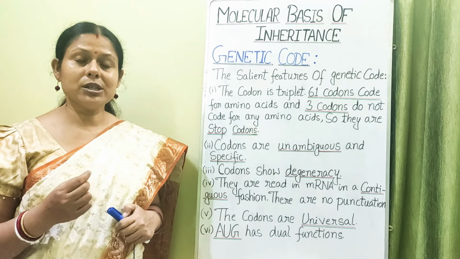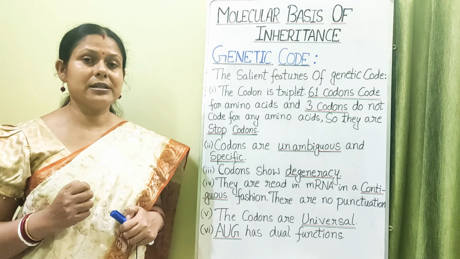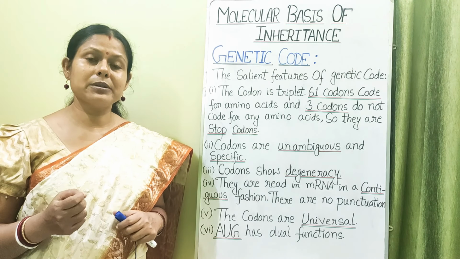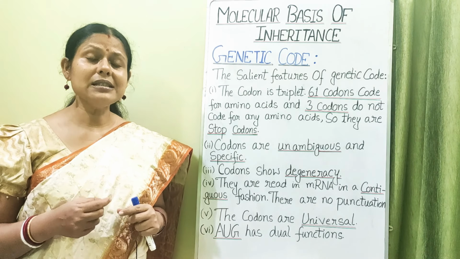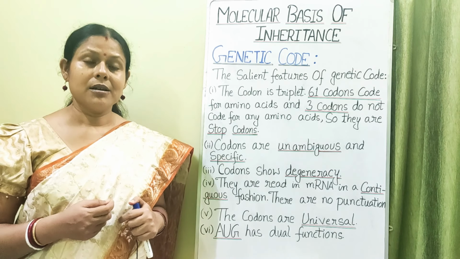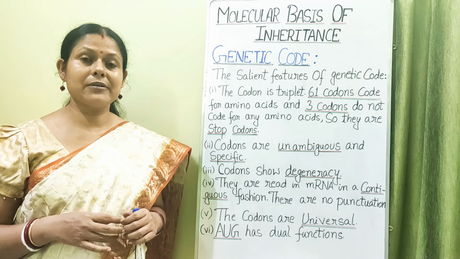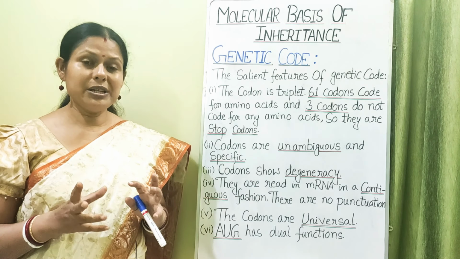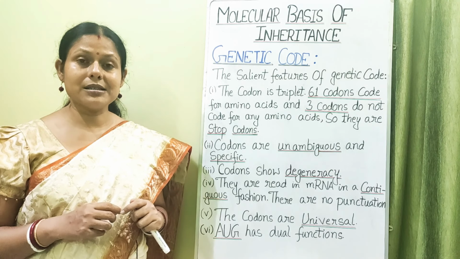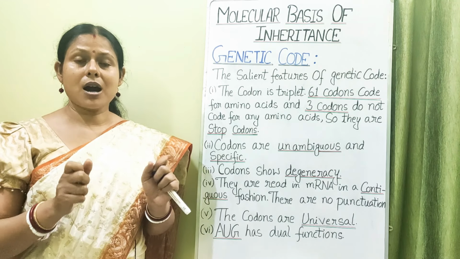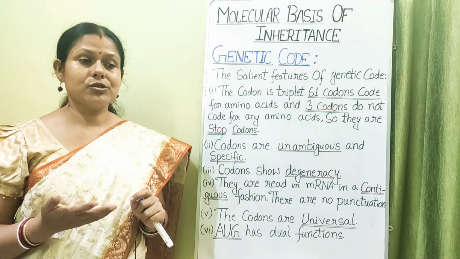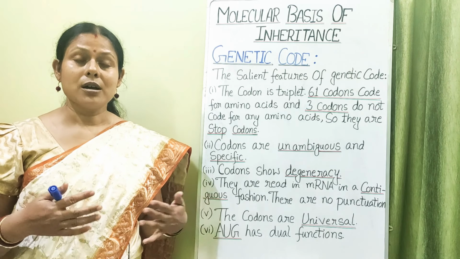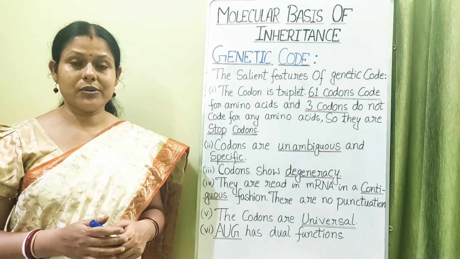If a mutation happens with respect to a single base pair, as we have seen in sickle cell anemia, perhaps you remember that at the 6th position, glutamic acid is replaced by valine. In that case, this results in a faulty beta globin chain of the hemoglobin, and as a result the shape of the RBC changes. That may reduce the oxygen carrying capacity and lead to various kinds of phenotypic changes in the organism, as we have seen.